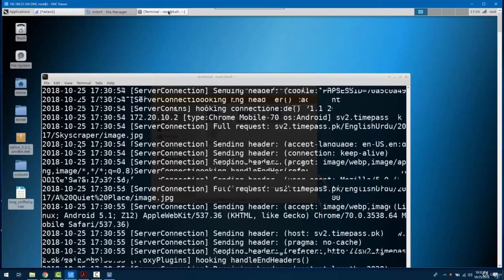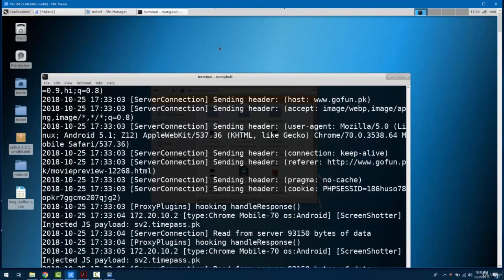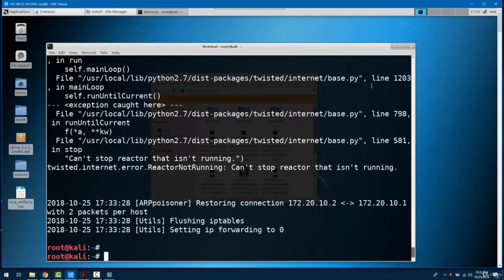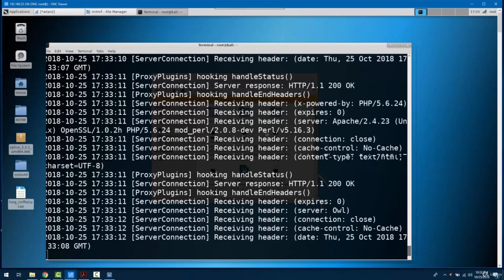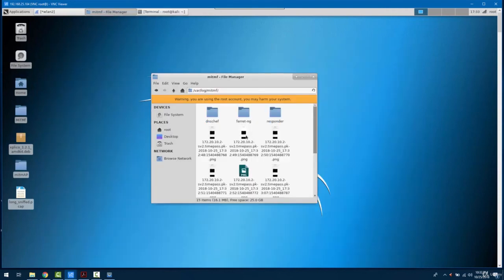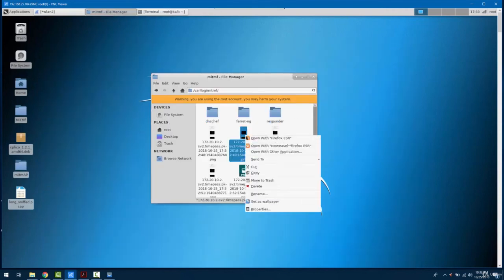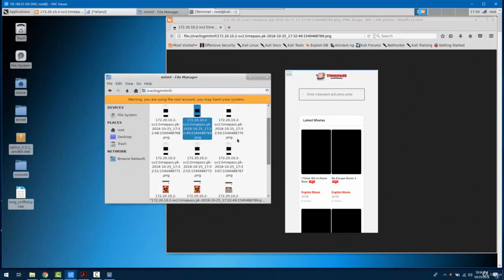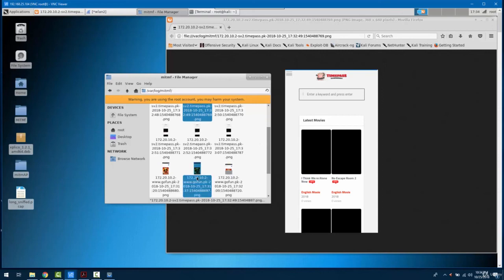So let's just stop the attack for now. Let's just do Control C to stop the attack. So the attack is stopped now. And let's just open and see. So as you can see the result of the screenshots over here,